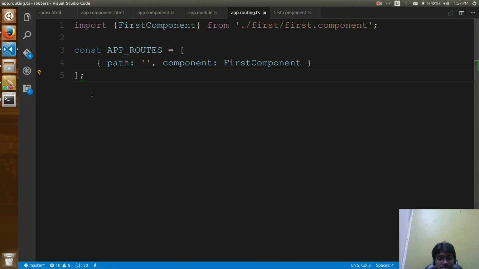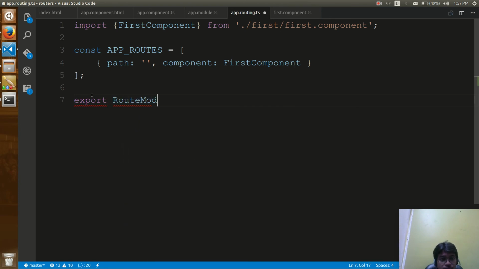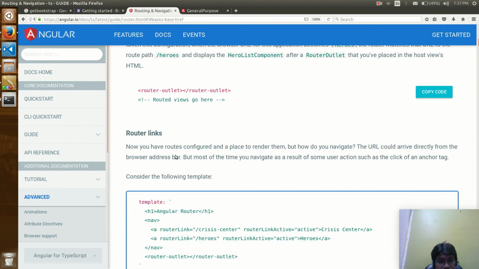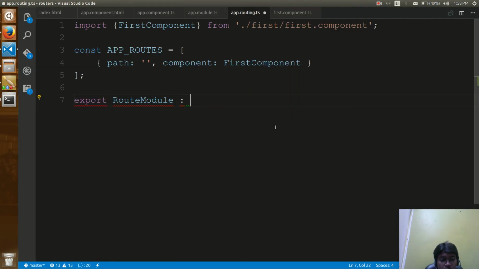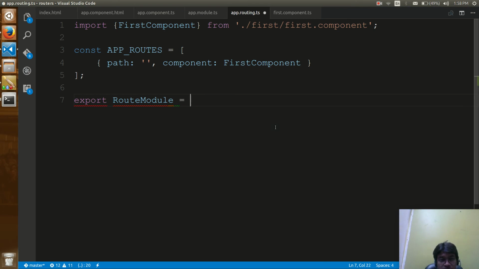So here I can say one more export, export route module. Export the router module of type what? So router module is equals to router module dot for route, and you are going to pass,